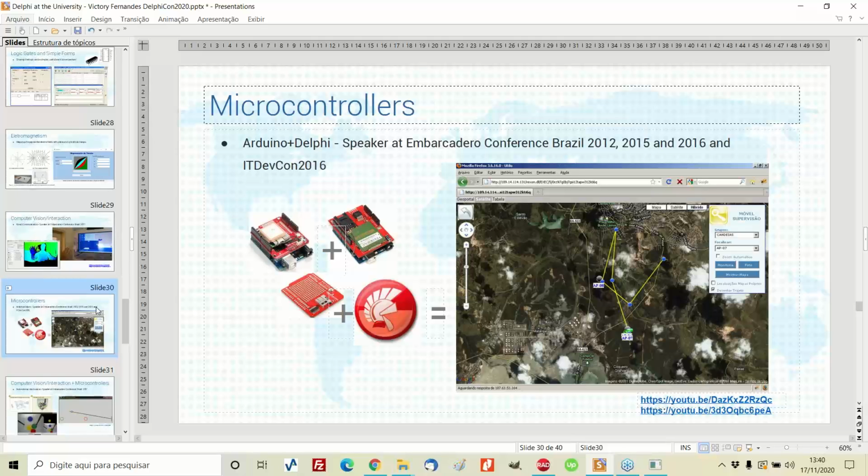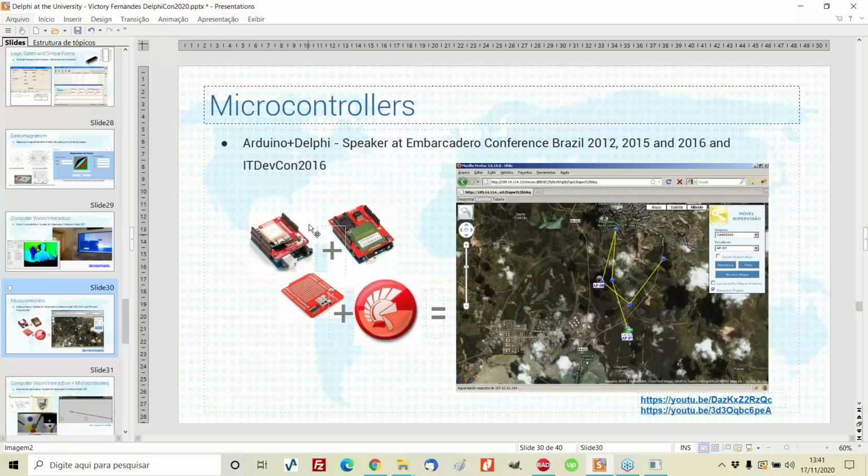The year after, some years after, in 2015 and 2016, I was always demonstrating similar applications, and actually this application here on the right is an IntraWeb application tracking a vehicle using Arduino, using a GPS integrated to Arduino, and using also a GPRS board and a SIM card board.